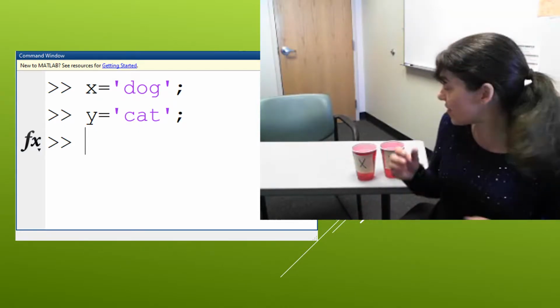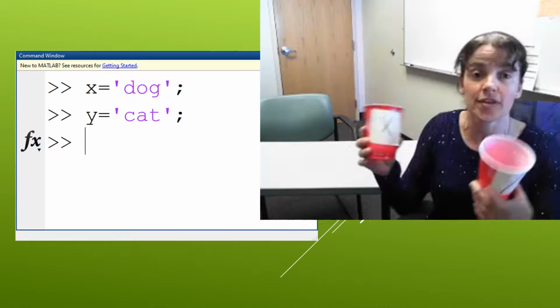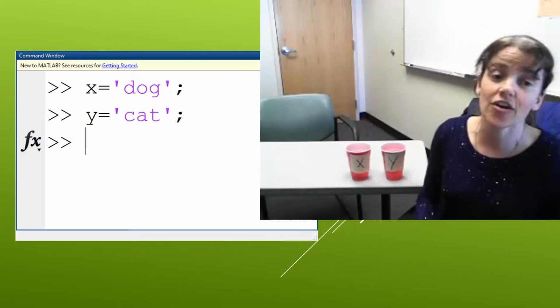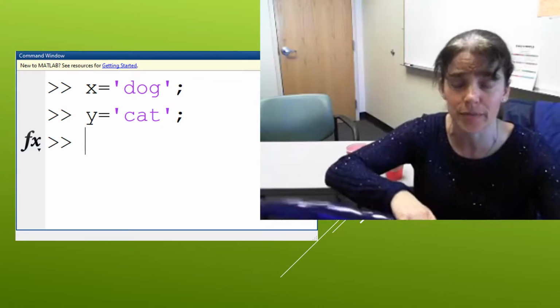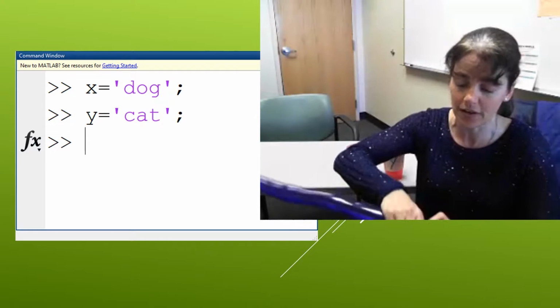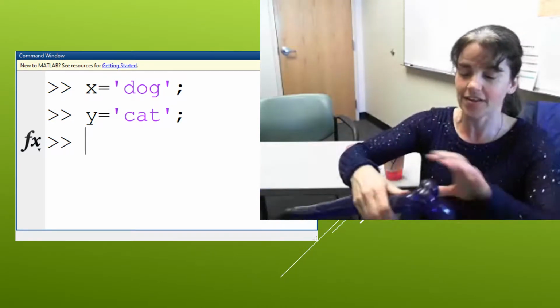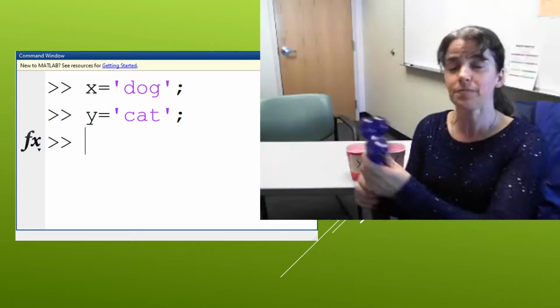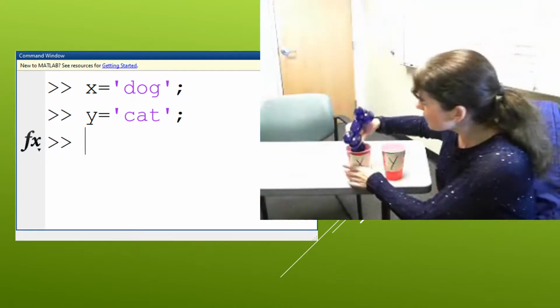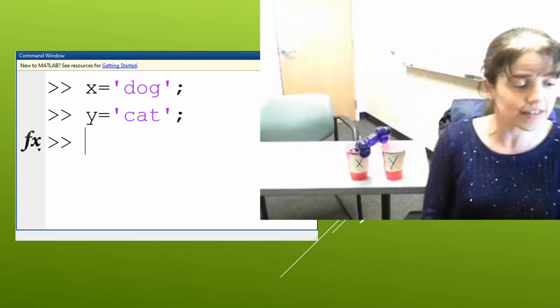Let's represent that visually. I've got two cups to represent the spots in memory, one for X, one for Y. Now all I need is a dog and a cat to put in those spots in memory. So I am going to create this little purple balloon dog to put in that one cup in memory, and we will fast forward and put that balloon dog in X, and now all I need is a balloon cat